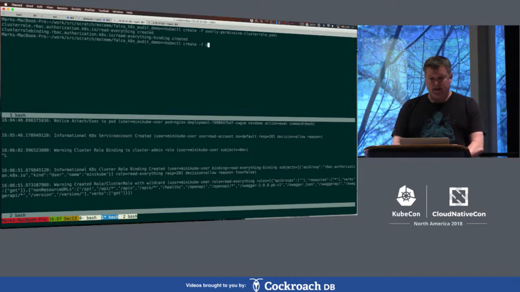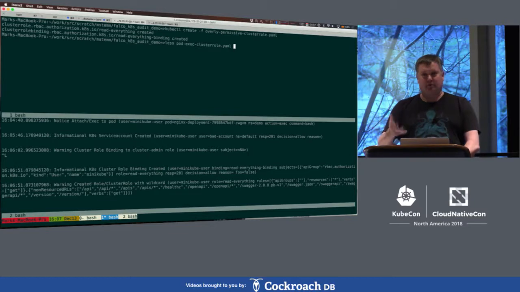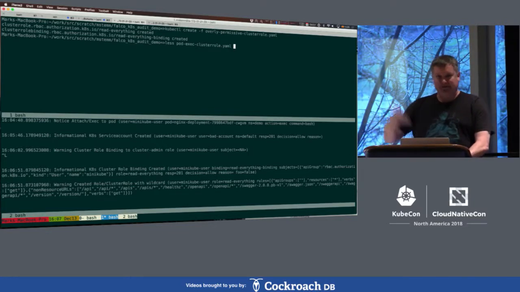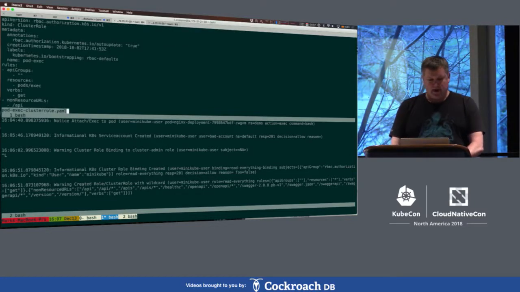Similarly, getting back to that pod exec thing, let's just take a look at it. If you didn't grant anybody pod exec permissions, but you did grant them the ability to grant more permissions, well, the first thing they'll do is give themselves the ability to exec into pods. So this is a cluster role that allows pod exec. The way that works is you just have a resource called pods/exec and a get on it, and then that allows you to do exec. So if you try to create one of those,